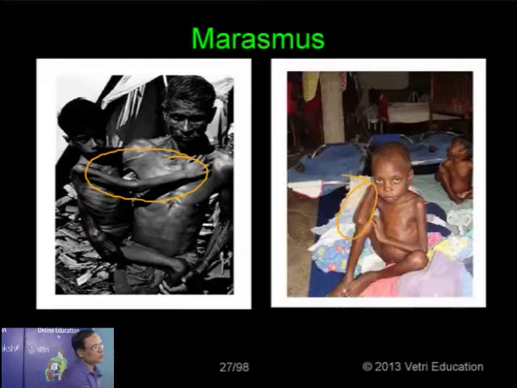Even the chest bones are visible. The muscles are very less. Child loses body weight. Severe diarrhea. These are the main conditions. Even the body is also looking like